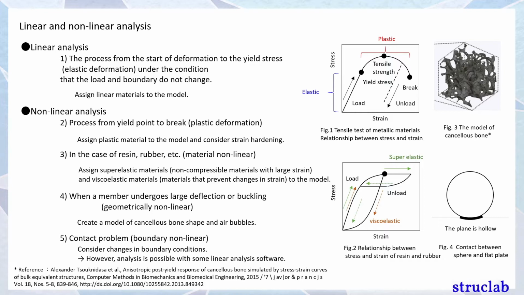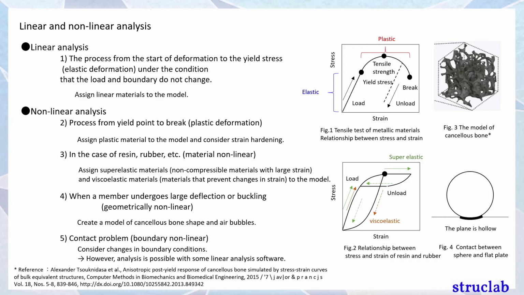When a tensile load is applied to the specimen, the stress and the strain increase linearly. This straight line is called the elastic region. The elastic limit is called the yield stress. Even after the stress exceeds the yield stress, it continues to increase. When a load is further applied, the stress starts to decrease. The maximum stress is called tensile strength. If the load is continuously applied, the strain will increase and the material will break.